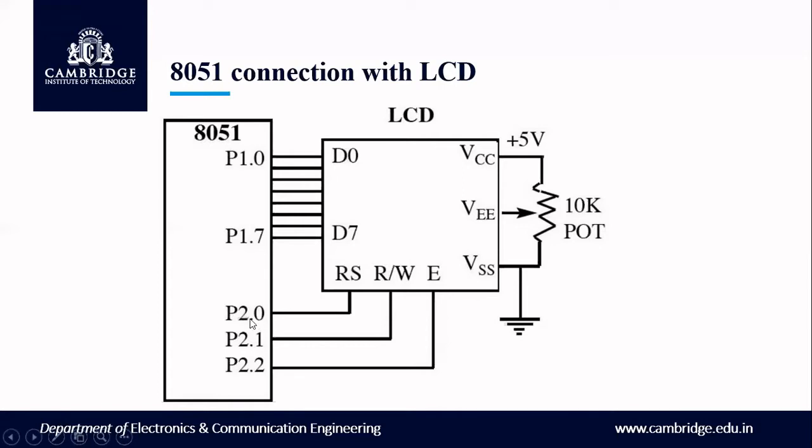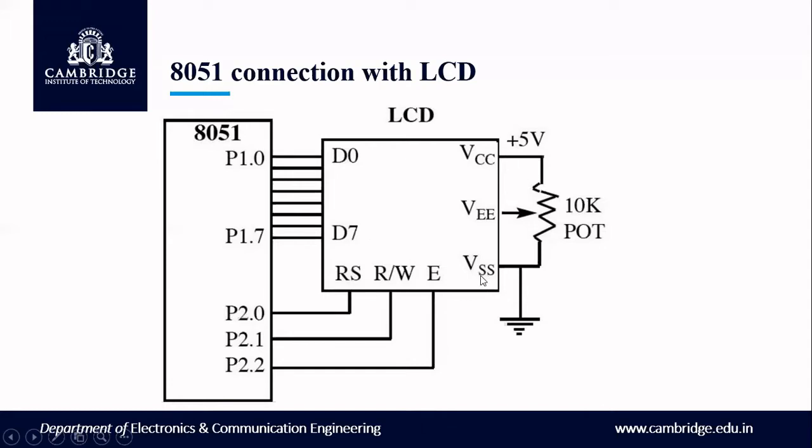In order to send the command codes, RS should be made 0. In order to send the data codes, it should be made 1. That we need to remember. So if you are writing or reading, that should be sent here. And every time you are doing any operation with the LCD, you should enable the LCD. So these are the 3 control signals we call, and these are the data pins, and these 3 are for the supply. We need to understand.